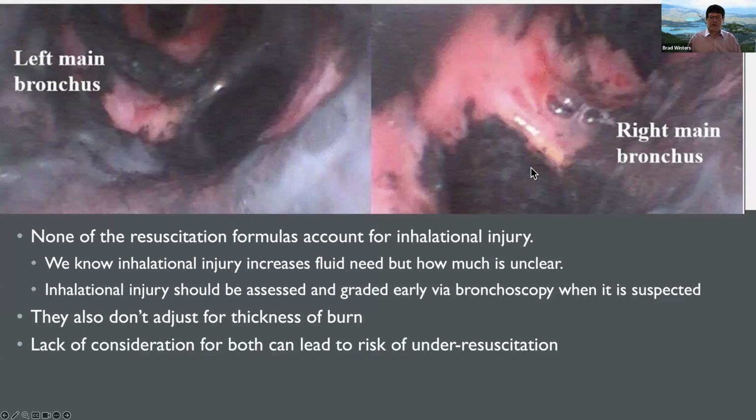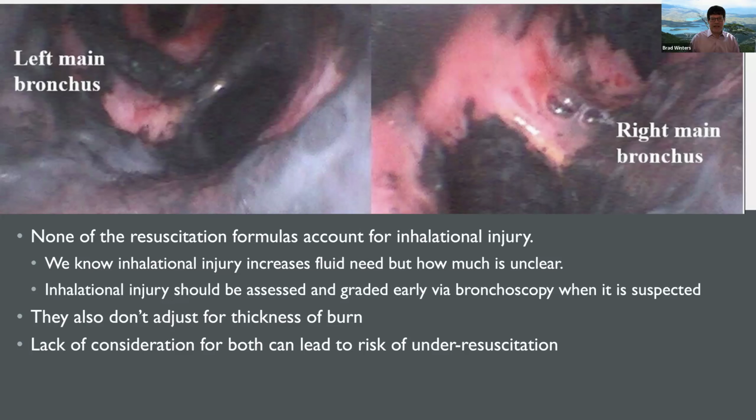The other thing you need to account for that I mentioned before is inhalational injury. And I apologize that this picture is a little blurry. It looked a lot better when it was smaller, but when I blew it up for the presentation, it got a little blurry. So this is inside someone's lungs with a bronchoscope. And as you can see, their lungs are full of soot, which is stuck on the wall. This soot is full of nasty, nasty chemicals, horribly nasty chemicals. And they are sitting there and they are creating a chemical burn inside the lung.